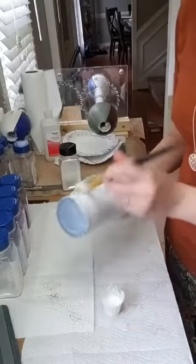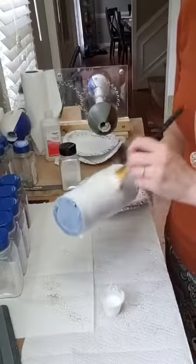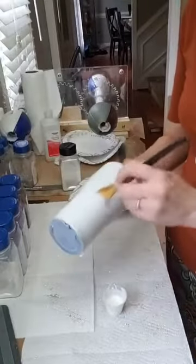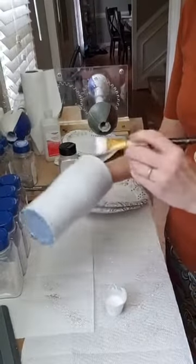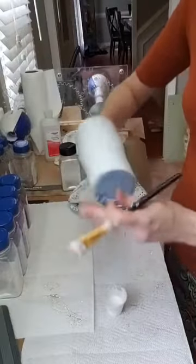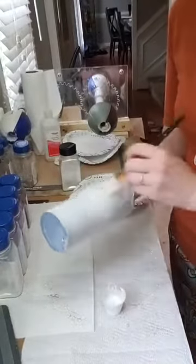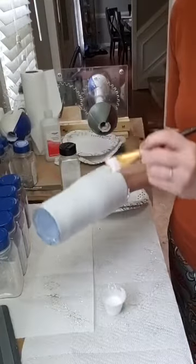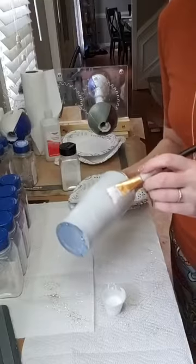So this is another 20-ounce Modern Curve. We're going to do the same way, where we're going to have the same two colors on the top and the bottom, and go into a white in the center. Okay, so once you get complete coverage,